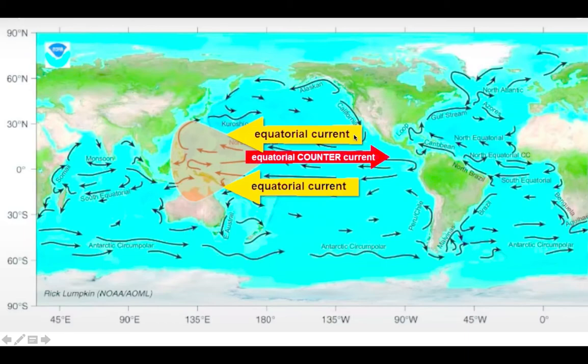Kaise? Think of it. This equatorial current is moving like this, and this equatorial current is moving like this. For this equatorial current, the right is in this direction, deflection is in this direction. For this equatorial current, deflection is again to the left. So this is moving this way, this is moving this way, yani both are moving away from each other. And remember, whenever we have divergence in open ocean, it will lead to upwelling zones, and whenever we have convergence in the open ocean, it will lead to downwelling. Okay, so that's why we have upwelling in this equatorial countercurrent region.